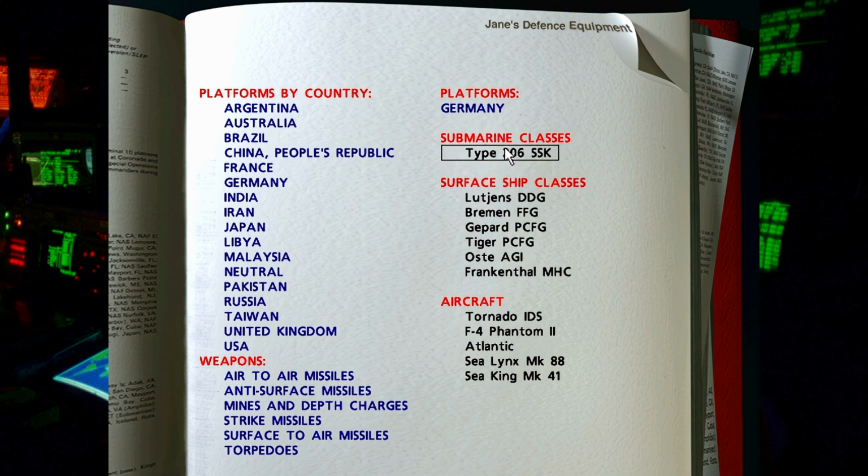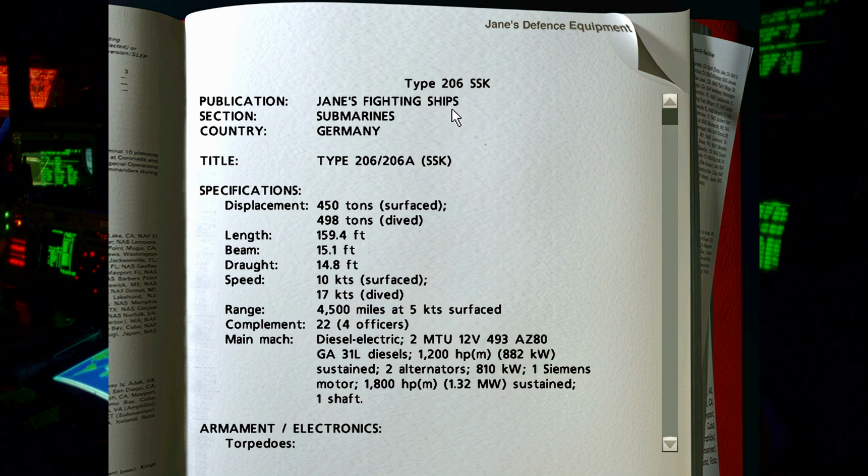So, submarines, Type 206 diesel submarine, publication Jane's Fighting Ships, section submarines, country Germany, title Type 206 and 206A, designation SSK. Specifications: displacement 450 tons surfaced, 498 tons submerged, length 159.4 feet, beam 15.1 feet, draught 14.8 feet, speed 10 knots surfaced, 17 knots submerged, range 4,500 miles at 5 knots surfaced, complement 22 of which 4 are